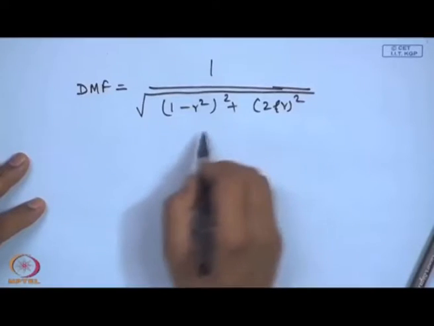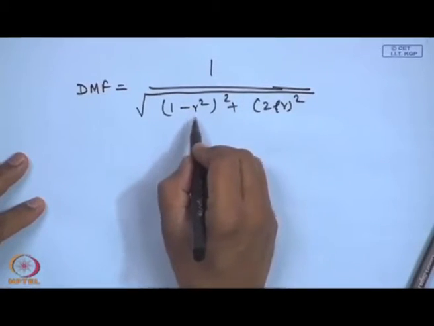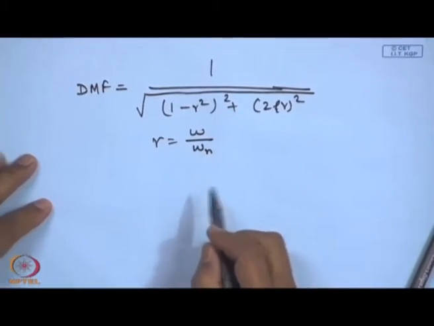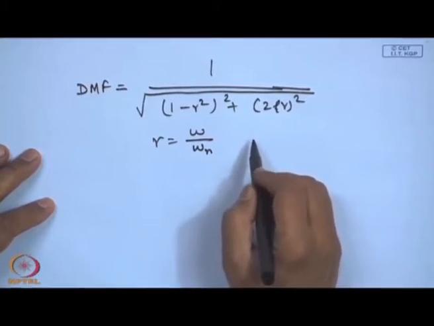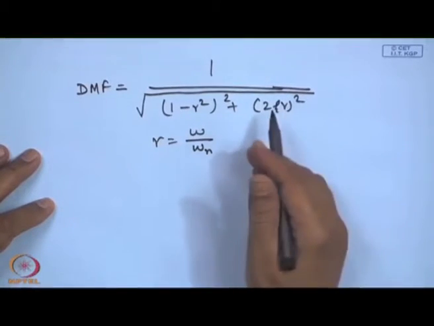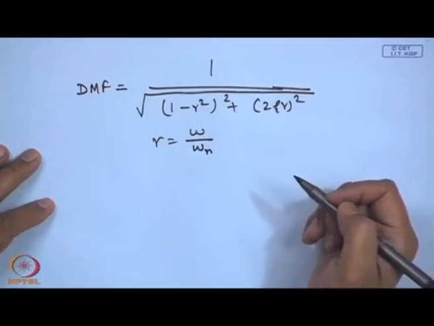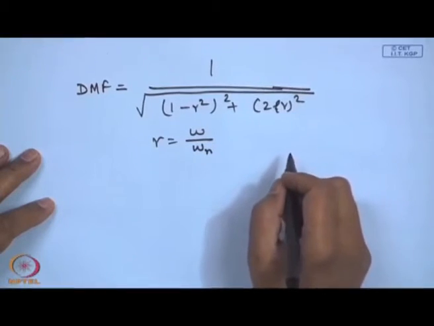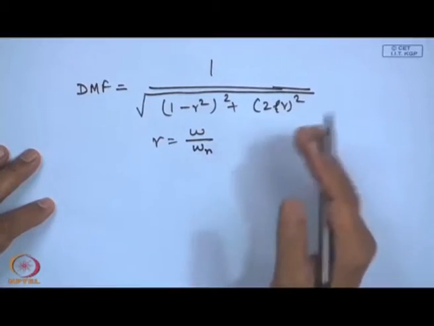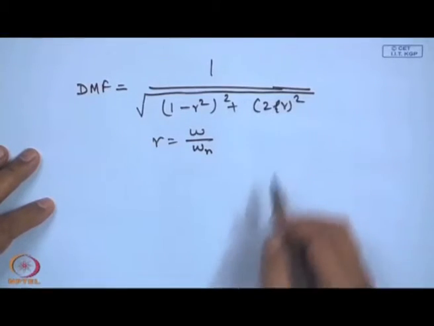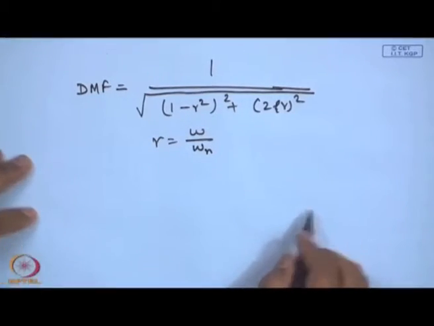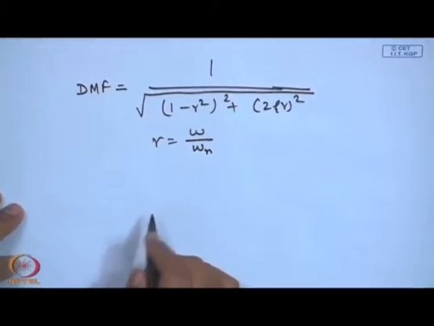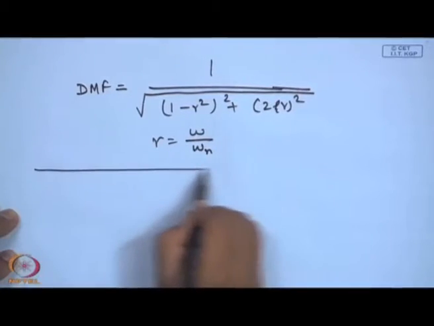As you see, the phenomenon of damping is very much dependent on r, and r is nothing but the ratio of the forcing frequency and the natural frequency. So, these simple formulas help you know the dynamic response of a machine, help you to estimate the damped natural frequency, and you can also see how the machine is going to behave as a function of frequency by plotting the dynamic magnification factor. So, these are simple things which one needs to keep in mind while doing machinery condition monitoring or machinery